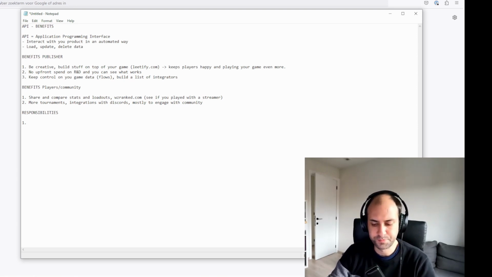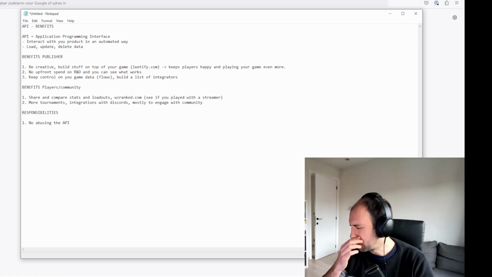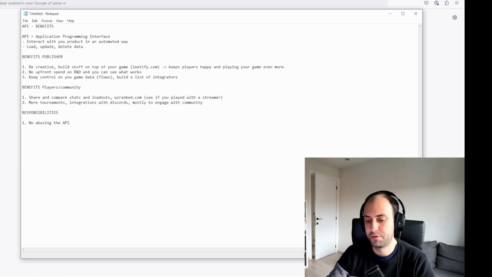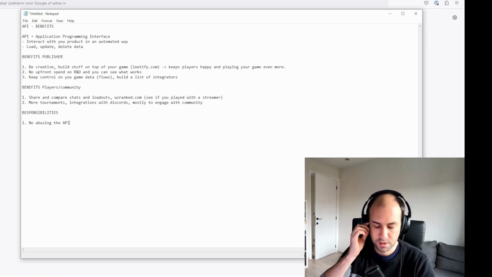First, of course, don't abuse it. Which can, of course, be mitigated already a lot by the publisher if they put limits in place, any kind of throttling, and register anyone that wants to use your API, like I discussed in point 3 of the benefits: keep control of the integrators.